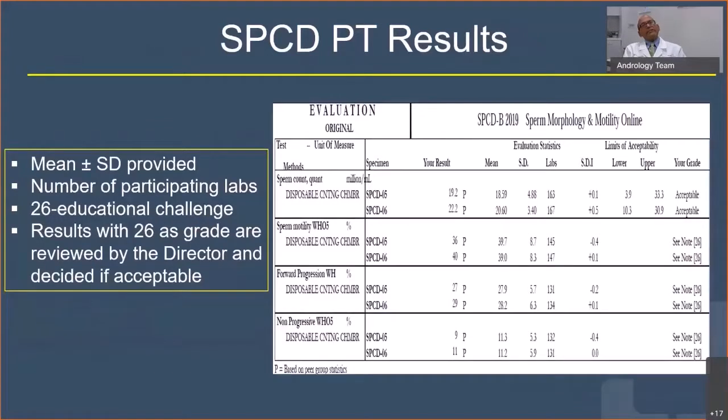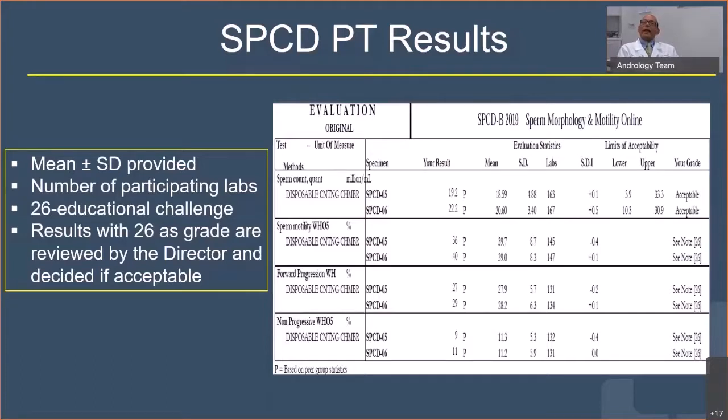In addition, the other analytes are also tested, as I mentioned, the vitality or the morphology or the antibodies. And all these results are then compiled by the testing agency, and we will receive the results, as you can see in the box onto your right. And the results of the lab that provided the analyte results are indicated. Also, the results of our testing are provided with the mean and the standard deviation. We also are informed of the number of participating labs, and it also provides information whether the lab has passed